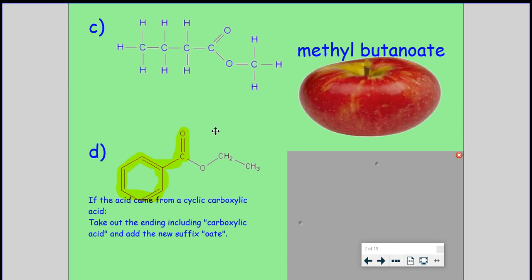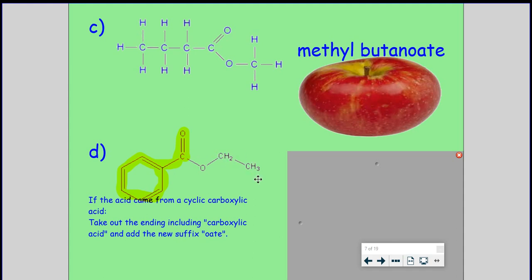Okay, next, going over different examples here, something you will certainly see. The carboxylic acid component would have been a cyclic carboxylic acid. And we know that naming that carboxylic acid component would have been done by keeping the ending as carboxylic acid. You can refer back to your notes on your carboxylic acid part. The rules don't change though, so hopefully your nomenclature intuition is going to kick in. And all you do is take out the carboxylic acid, here written in quotations, and add -oate as you would. The alcohol component here used to be a